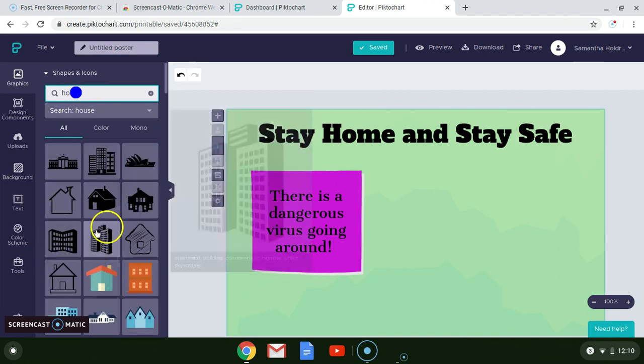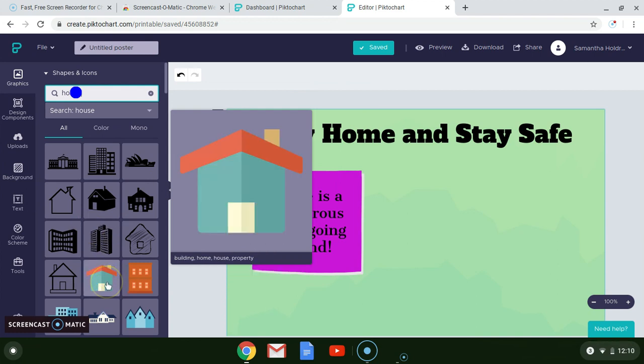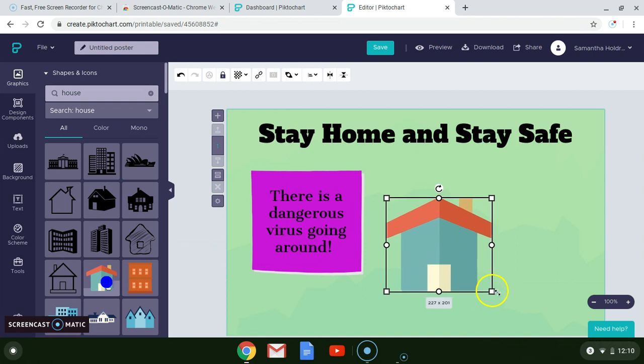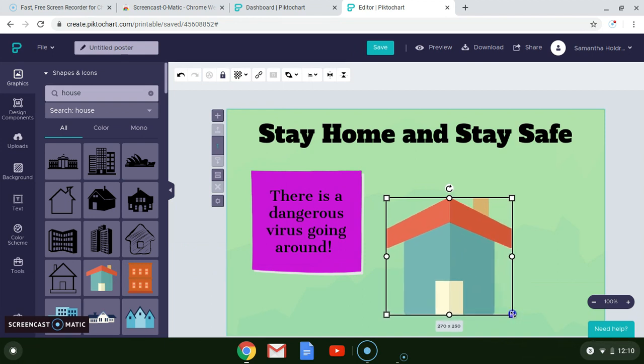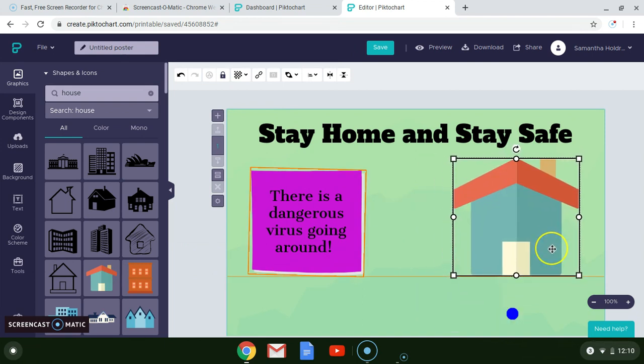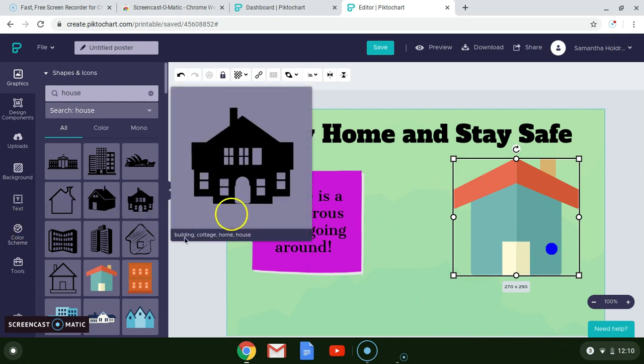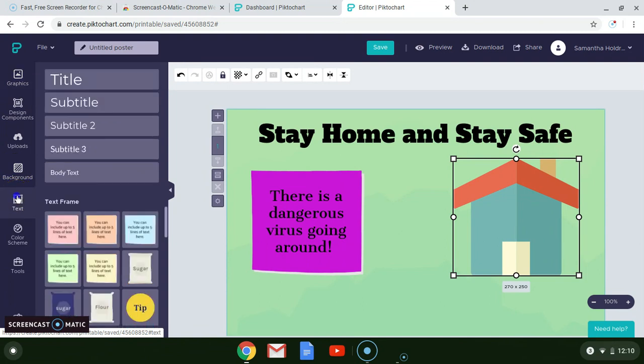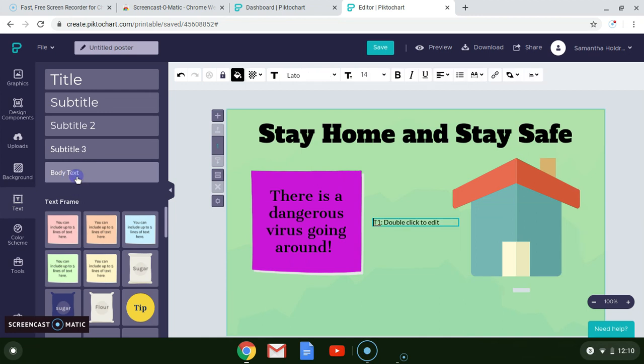I want people to stay inside the house. I kind of like this house. That's cool. So I'm going to click it. Maybe I'll make it bigger. Now maybe I want to put some words over it. I can come back down here to text. I can click body text just to bring me a little text box, and I can write something like